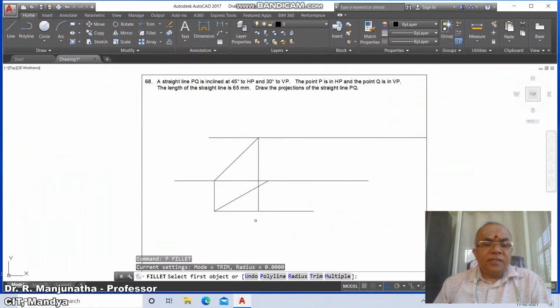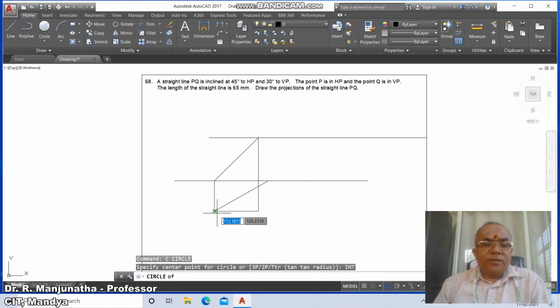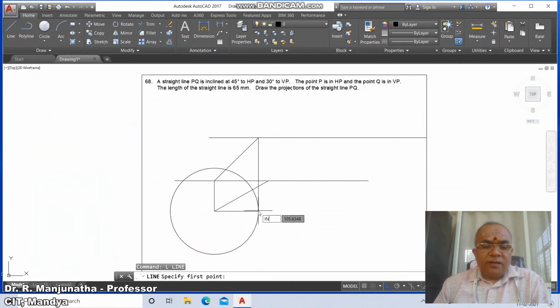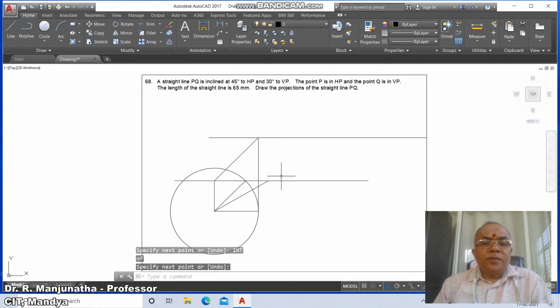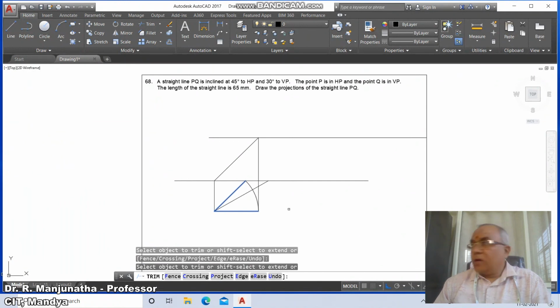Then go to fillet between these two, then go to circle, take intersection point of this to intersection point of this, and then draw a line from intersection point of this to intersection point of this. Then go to trim between this line and this line and trim the remaining arc.